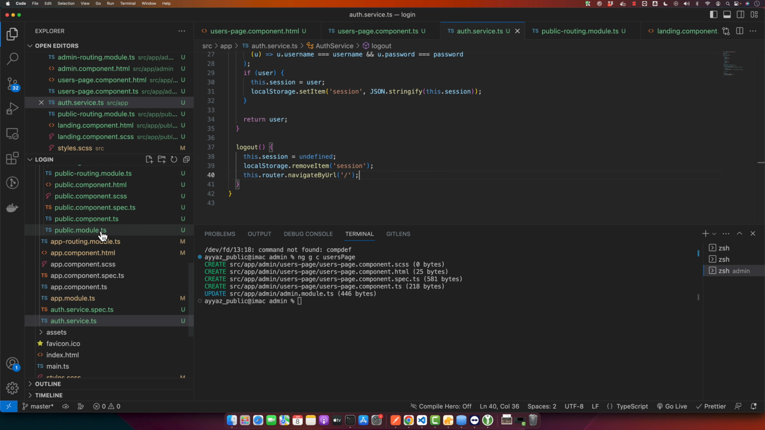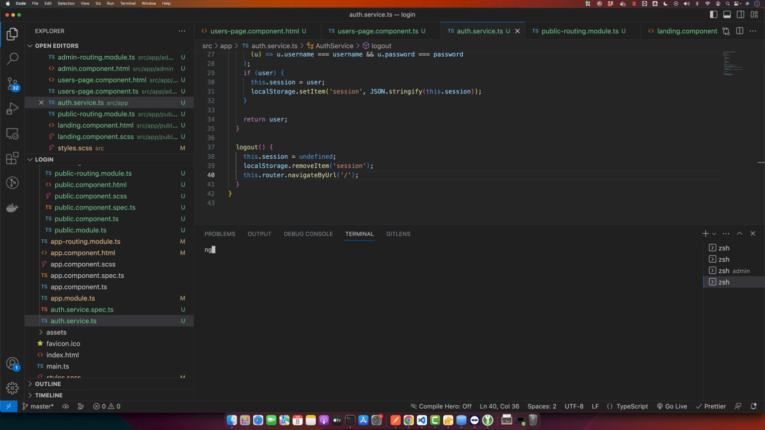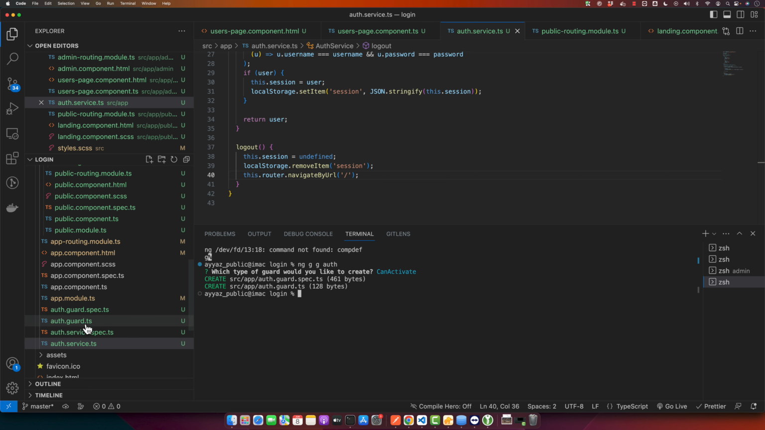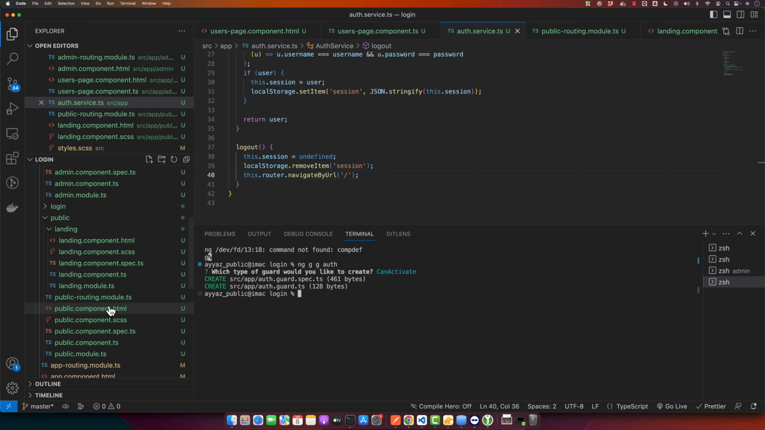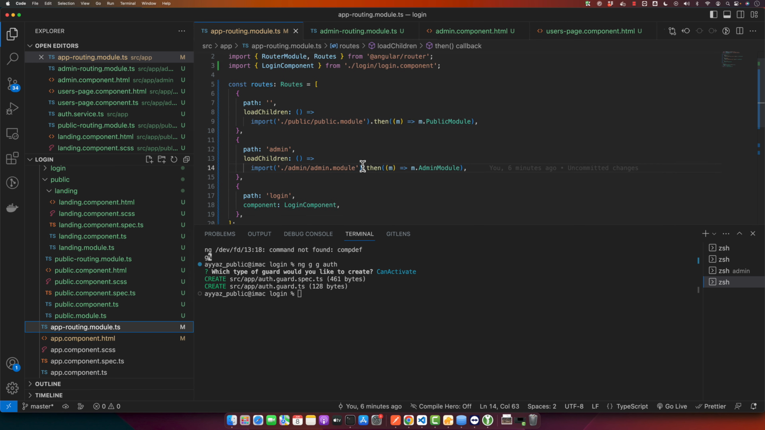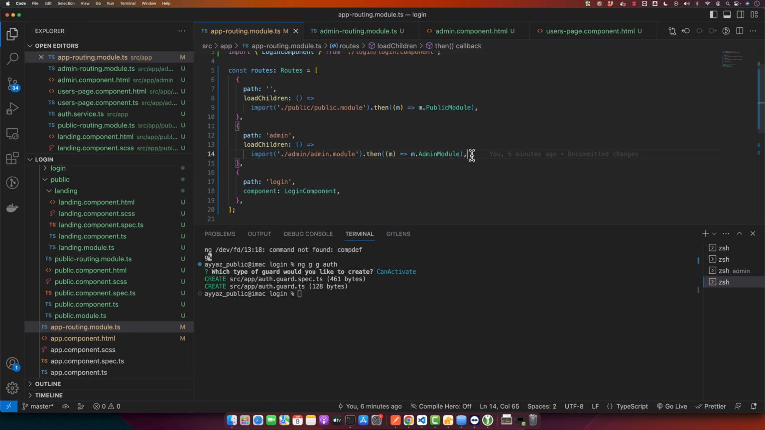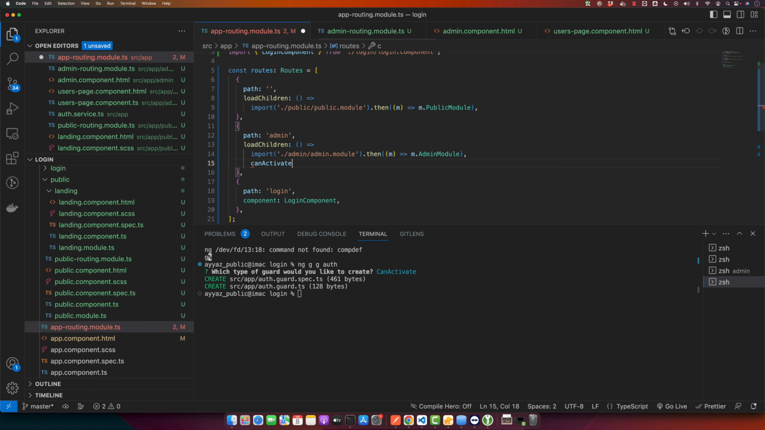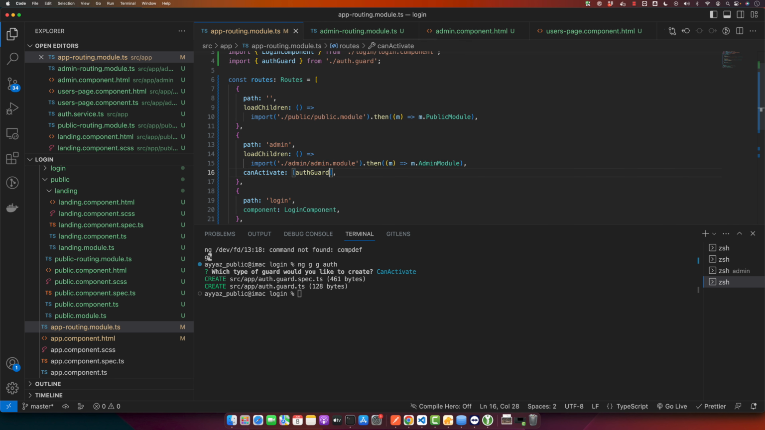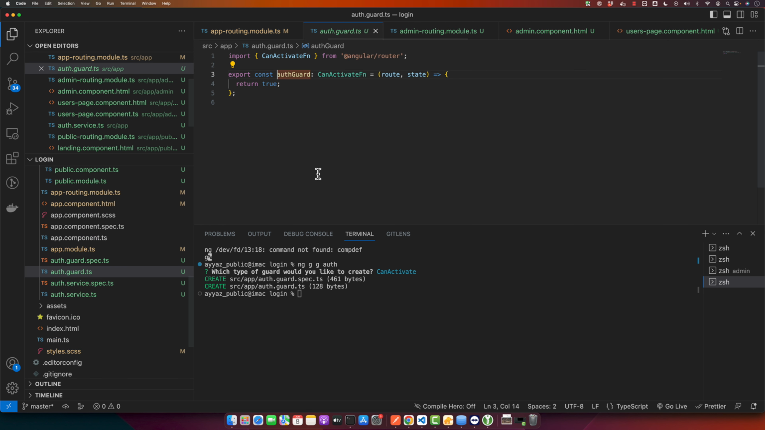For that we need to generate a guard, a router guard. For that, use ng generate g, name it auth, press enter. We need to use the canActivate guard, and it will generate the guard here. Now open the app routing file, and here we will add that protection. Use canActivate, and here we will pass an array and give it the auth guard that you just generated. Open that guard,